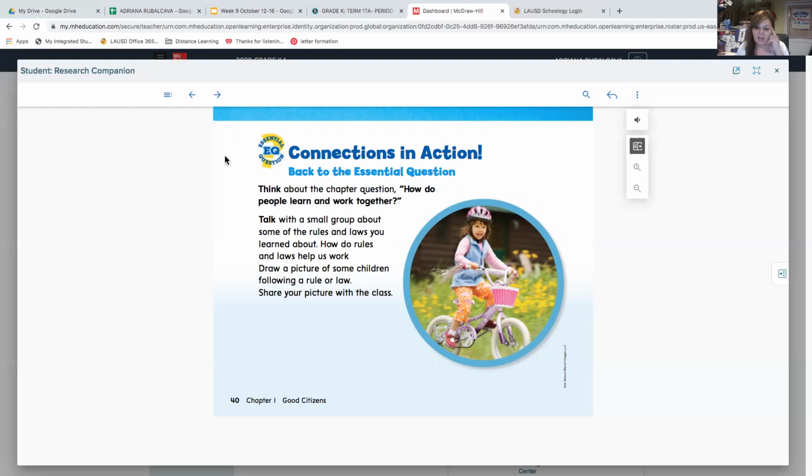So I want you to think about how you are going to practice being a good citizen. We've talked a lot about rules and what we can do. We've talked about people who are great leaders. We've talked about the rules at school and at home. But how will you continue to practice being a good citizen? I want you to write it in the discussion for today.